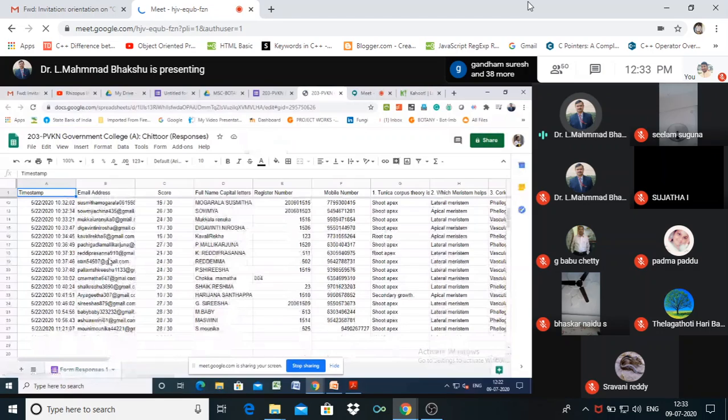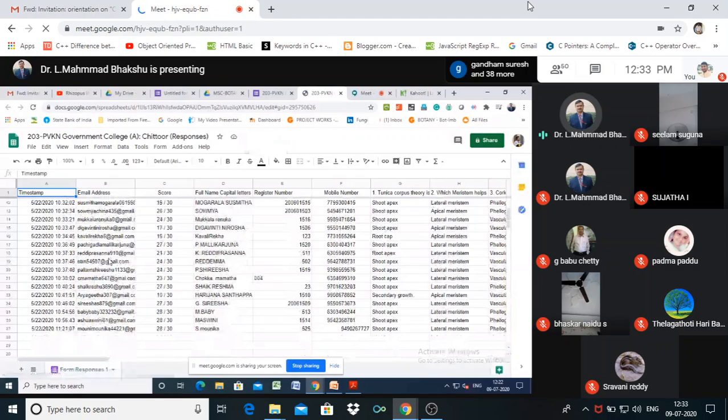So this is only basic knowledge on the creation of questions and sharing the questions through Google Forms to the other students, and getting all the responses here. After getting the responses, we have to analyze carefully which questions are commonly mistaken by all the students. So we can identify the slow learners as well as advanced learners in the same Google form, so that we can classify the students also.